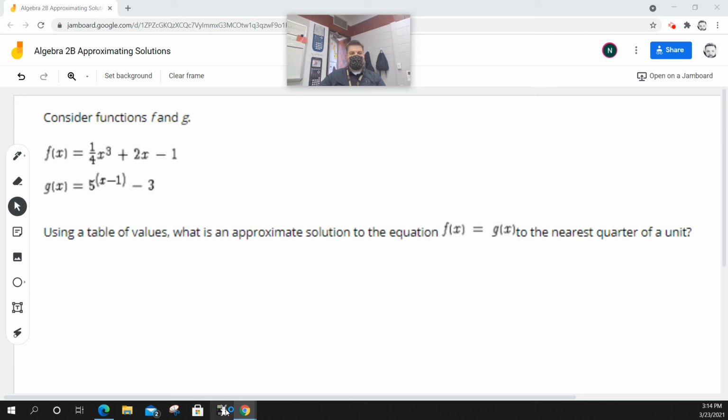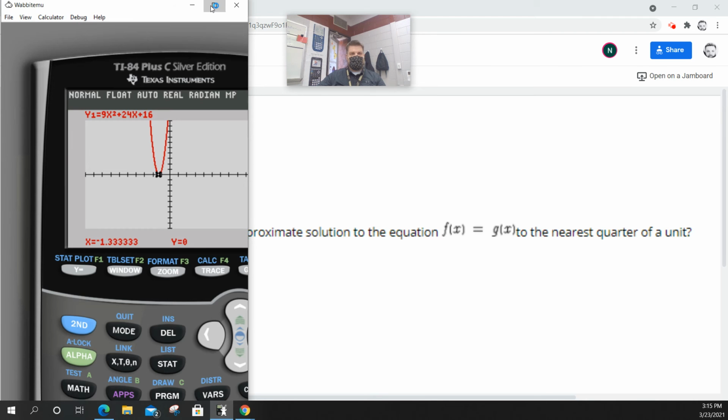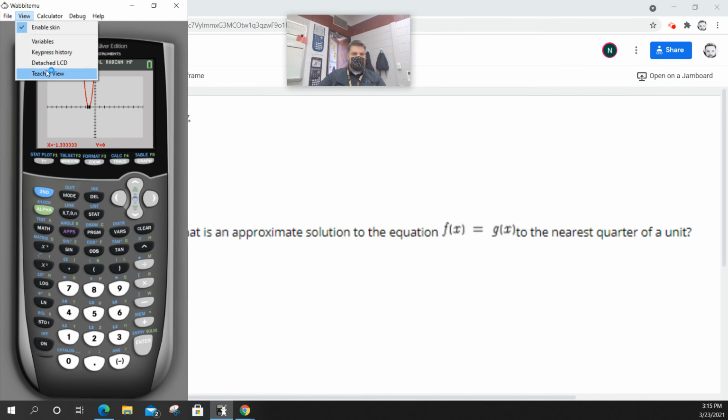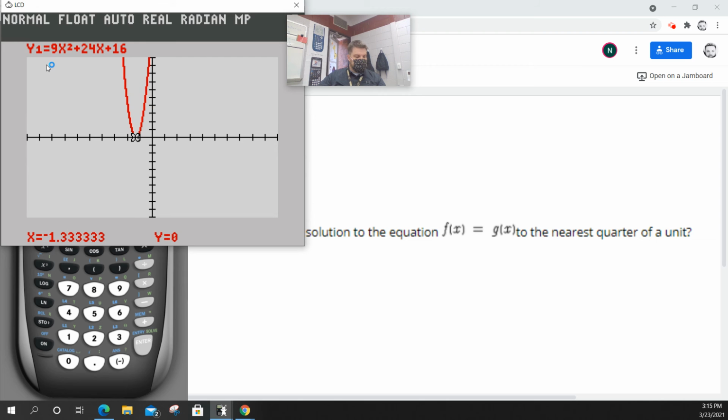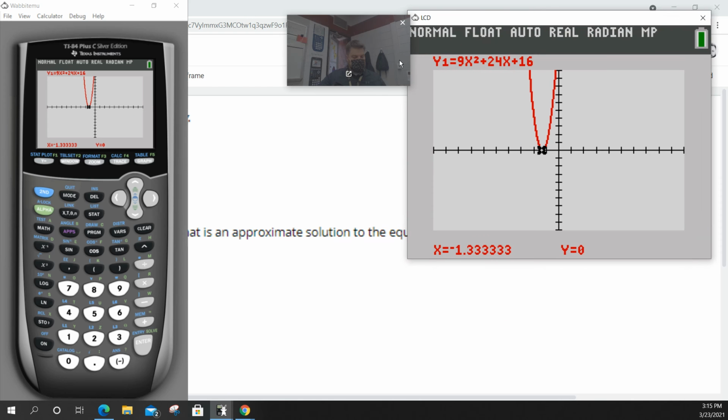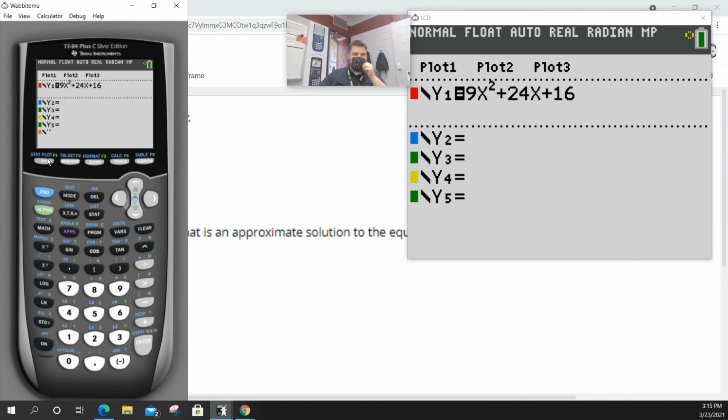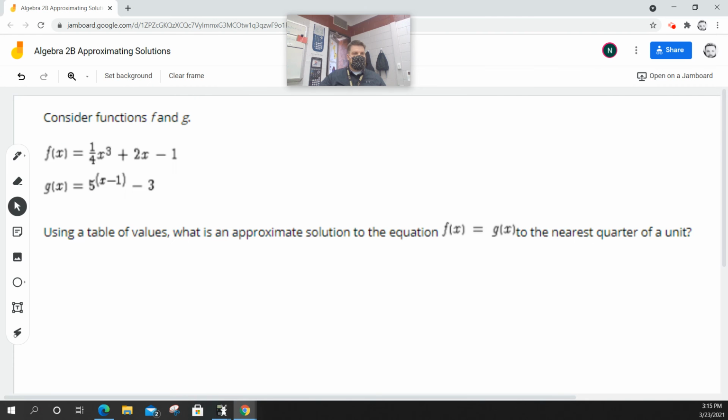We're just going to see which one is the closest quarter unit. Took a second there for my little calculator to load up. So I'm going to slide that over to the side, and I'm going to hit y equals. And then I'm going to graph the first equation, which is,